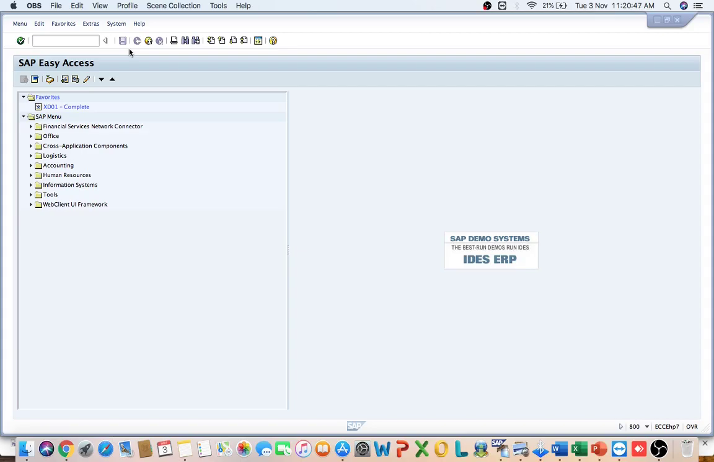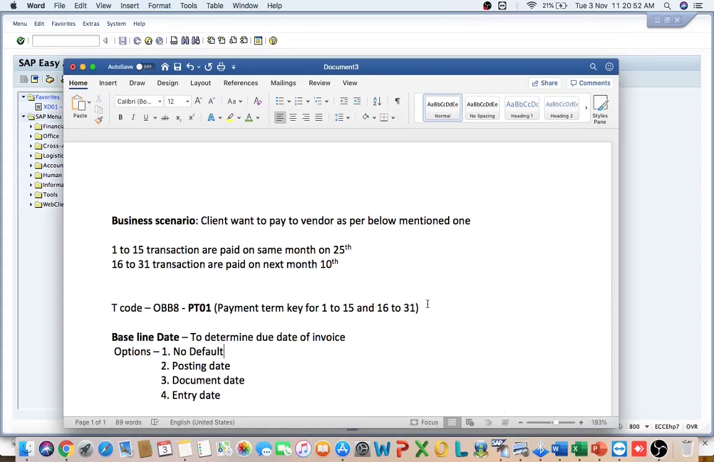I'm going to explain one real-time scenario. The real-time scenario is purely used in real time, in the day-to-day business. The client wants to pay the vendor on a fixed day. Let's assume whatever transaction is posted in the SAP server from the 1st to the 15th, those transactions should be paid on the 25th of the same month,